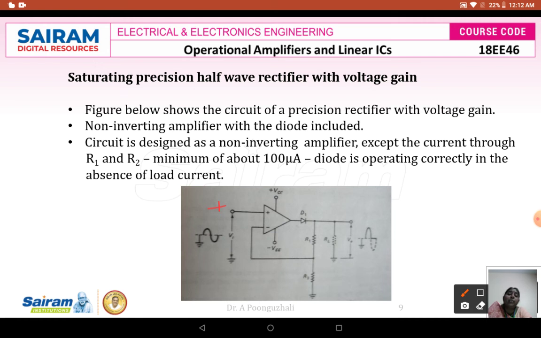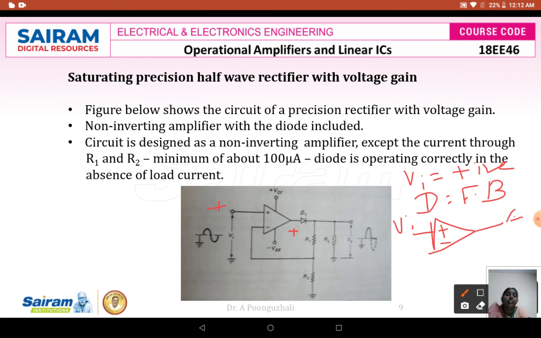So when a positive signal is applied to the non-inverting amplifier, the output is going to be positive. If the output is positive, the diode is going to be in the forward bias state. So here when Vi is positive, your diode is in the forward bias state. When the diode is in the forward bias state, the circuit is going to behave like a non-inverting amplifier. So here this is your Vi and this is your closed switch. That means the switch is closed and you are going to have your R1. The negative terminal I am going to have here and this is going to be your R2. So this is a non-inverting amplifier configuration.